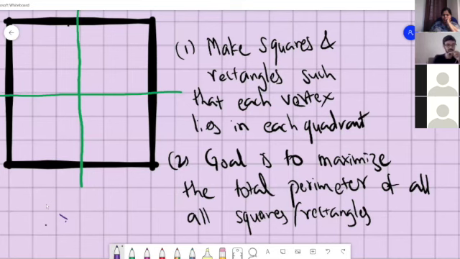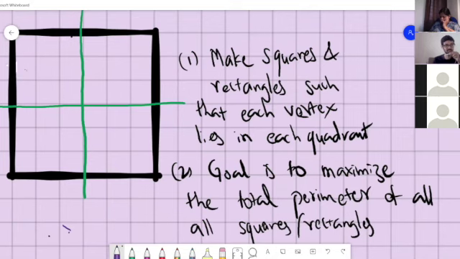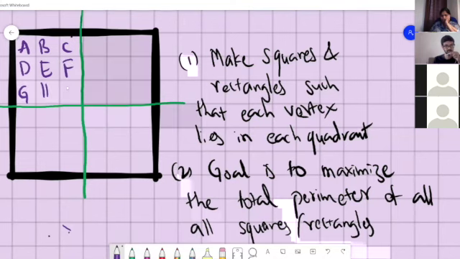In order to identify the rectangles or squares, we can also name the boxes. I'll just name them A, B, C, D, E, F, G, H, A. So I have just named one of the quadrants. You can use the same alphabets to choose a rectangle or a square. If you want to choose something like this, this will be a rectangle with A's. Similarly, you can try with other alphabets also.